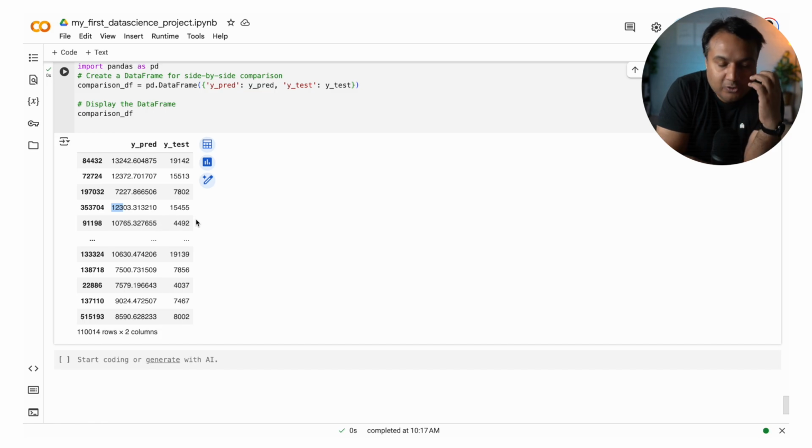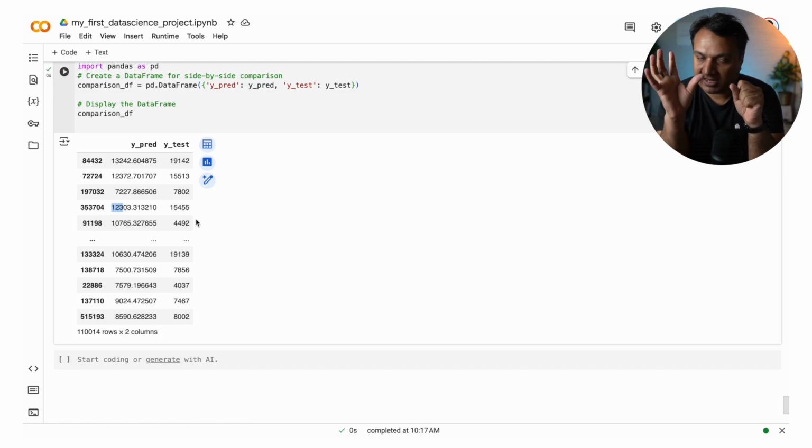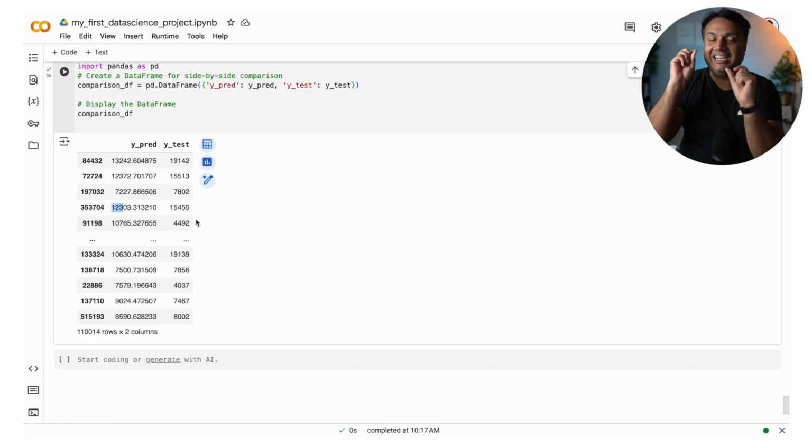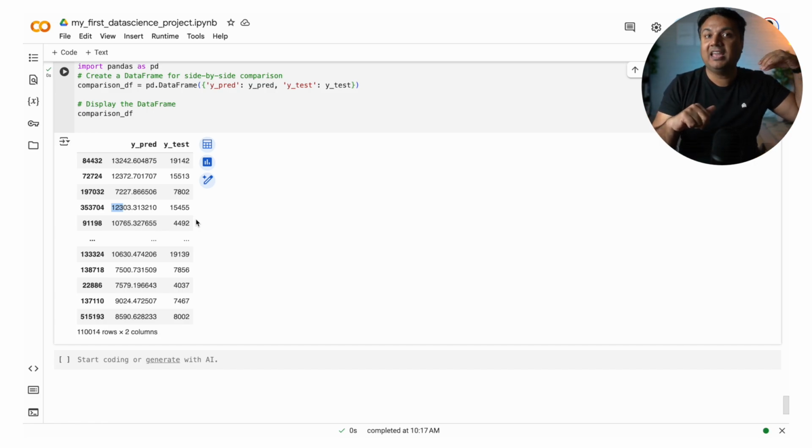And the good thing about this is that there are a lot of insights which this store can get. They can know which customer is going to spend money on which kind of product. And even if you have a new product, as long as you assign it to those categories, you can get the predictions. Even if you have a new customer, as long as you are able to get that information about gender and age and marital status and all that, you'll be able to get the predictions.